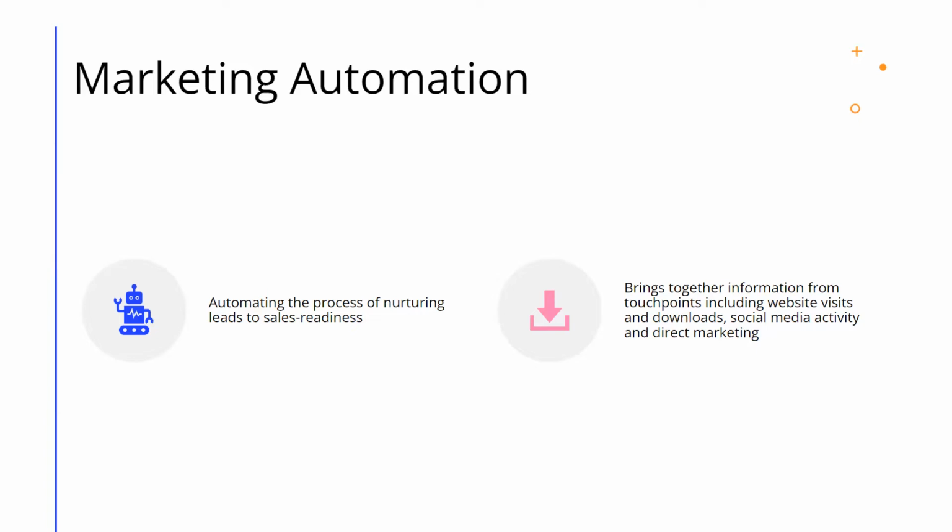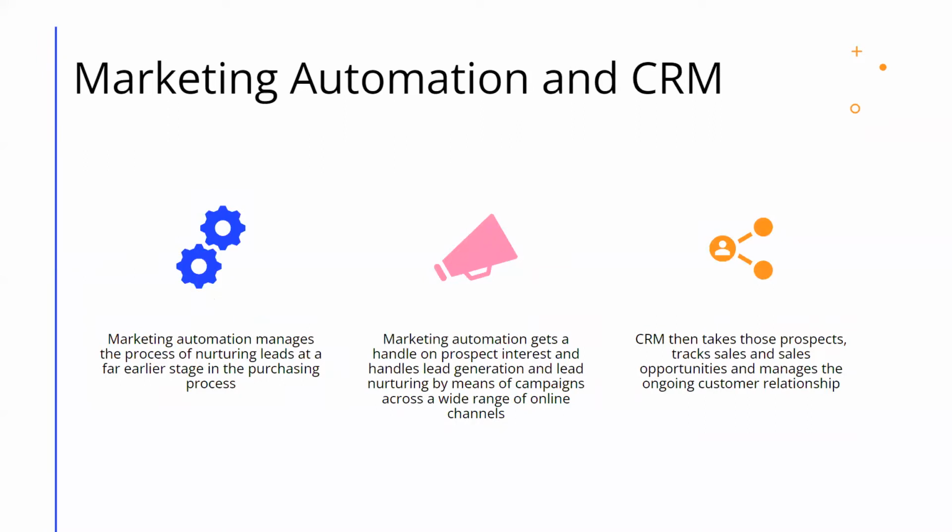Marketing automation is a concept, a process which brings together information from touch points, including website visits, downloads, social media activity, and direct marketing. So guys, for a business, there will be different touch points from where you can get the data about your customer and customize that into a marketing strategy. The touch points can include website visits, downloads, social media activity, everywhere. Anything you can do online is a touch point for a marketing automation platform, from where it can bring the data and automate the marketing activity for a particular company. So guys, a marketing automation platform works hand in hand with CRM.